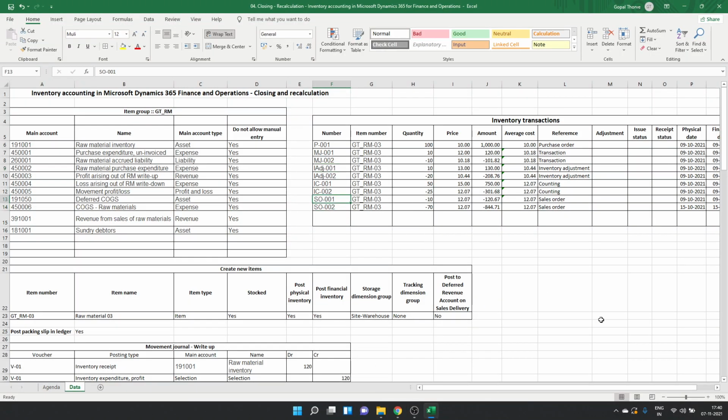So in the last video we saw this 10 quantity which we sold, and we analyzed the packing slip and sales invoice transactions. On top of that, I have added one more transaction for 70 quantity, and I have posted the packing slip and sales invoice also. This scenario typically represents a trading where I'm buying the item and I'm selling the same item without making any changes.